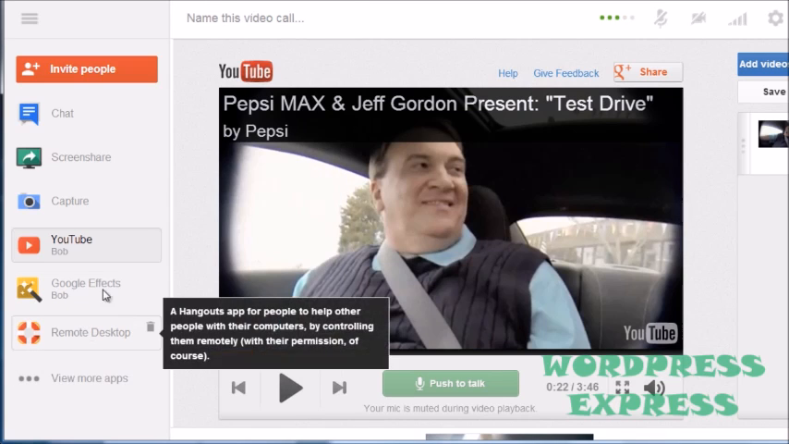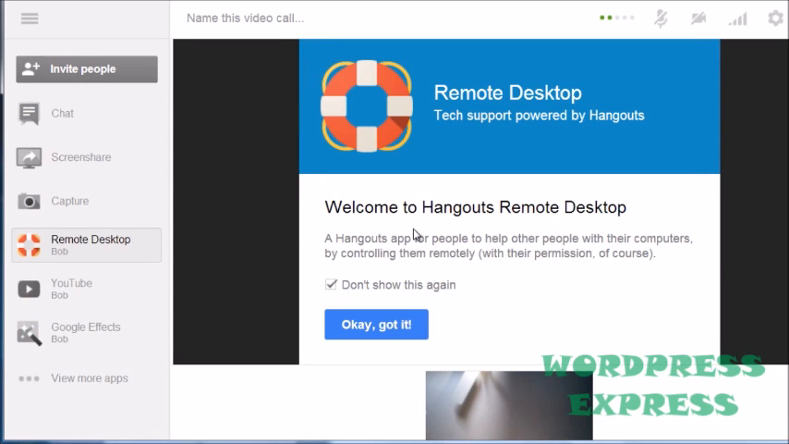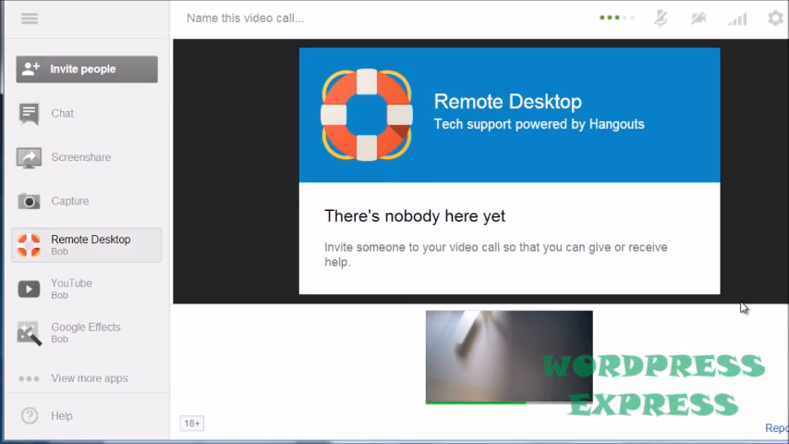Another powerful app is called Remote Desktop. This basically allows you to control other people's computers. Now, why would you want to do that? Customer support. You could have your customer support people in a Google Hangout, helping other people by showing them how to do it simply by accessing their computers. Obviously, in order to do that, you have to get their permission. So when you click on the person's computer,